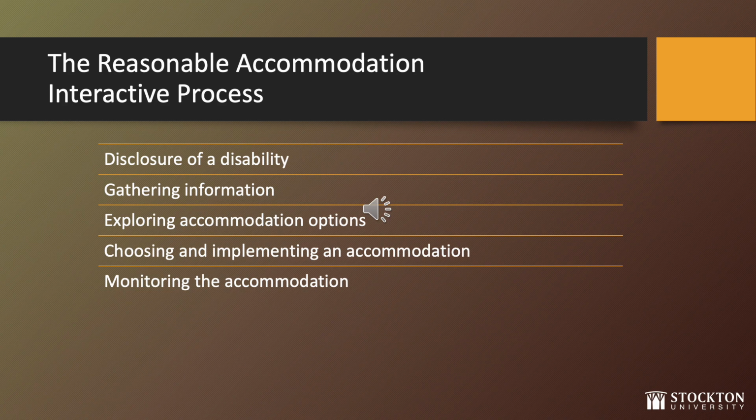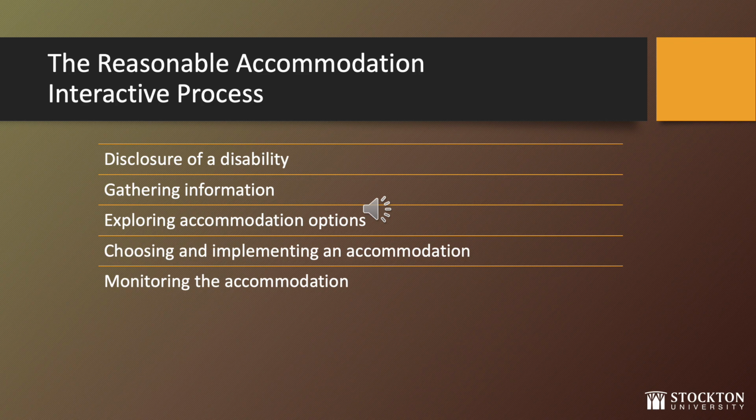In the ADA, the process an employer and employee would go through to reach a reasonable and effective accommodation is called the interactive process. The interactive process is a collaborative effort between the employee and the employer, and possibly the employee's supervisor and healthcare provider, to discuss the need for a reasonable accommodation as well as identify effective accommodation solutions. As mentioned in an earlier slide, what is reasonable is specific and determined on a case-by-case basis. Webster's dictionary defines effective as, quote, adequate to accomplish a purpose or producing the intended or expected result, end quote.